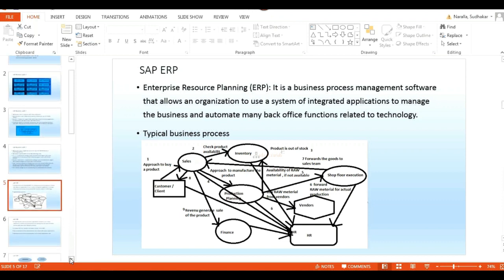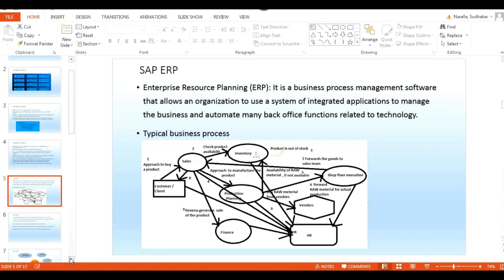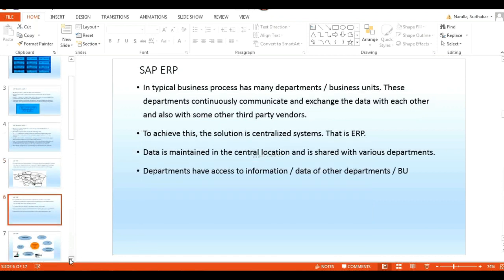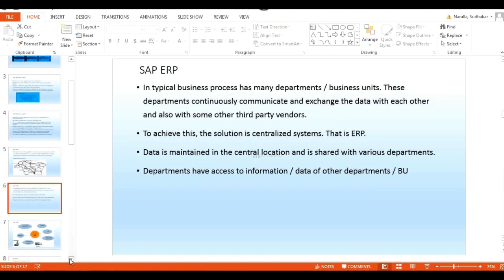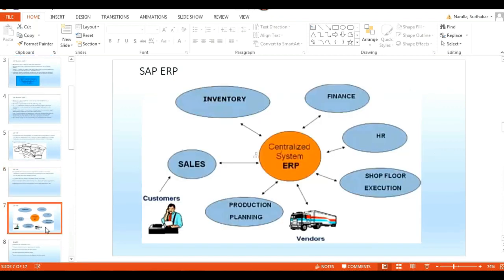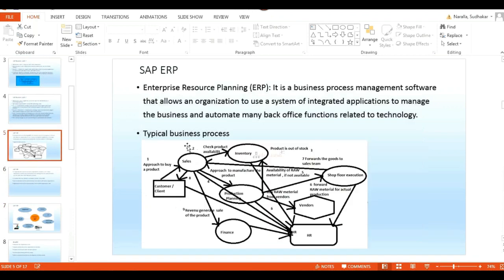It contains a set of business rules which makes your business a success. This diagram is telling about a typical business scenario. In this we have so many challenges.